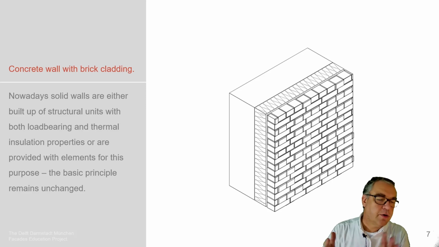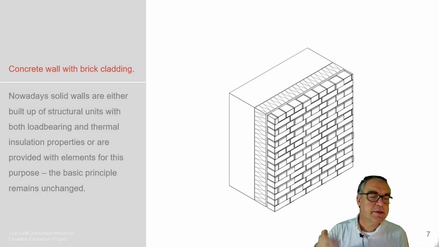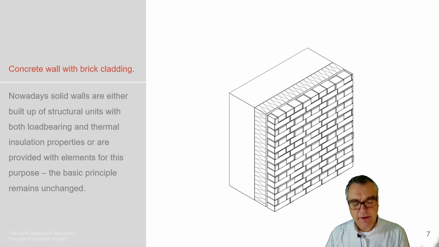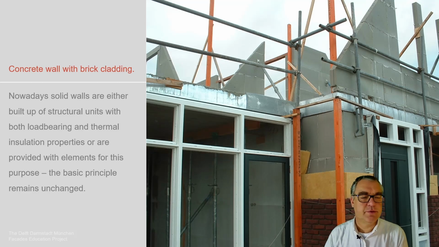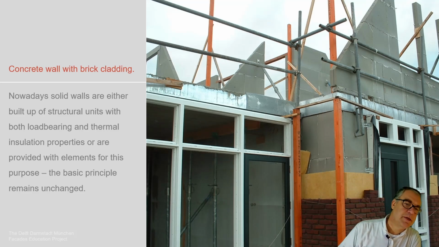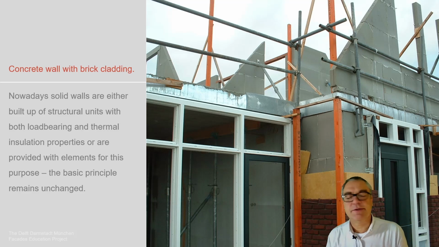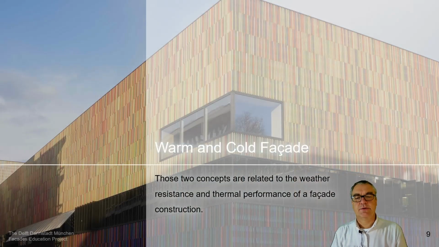And the current way of doing this is an inner solid structure. It could be concrete, could be masonry with an insulation layer and then an outer layer of cladding in this sample, again a masonry structure to be used. And here we see how this is done. We see the main concrete structure, we see the insulation layer, and we see the masonry layer being added at the outside to this structure.